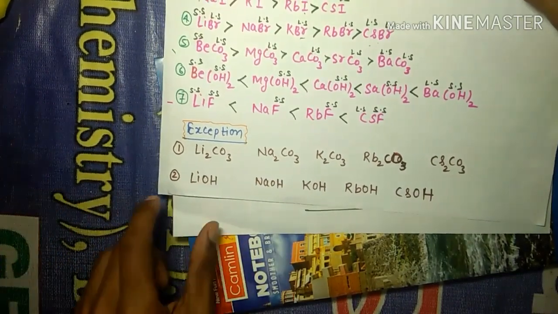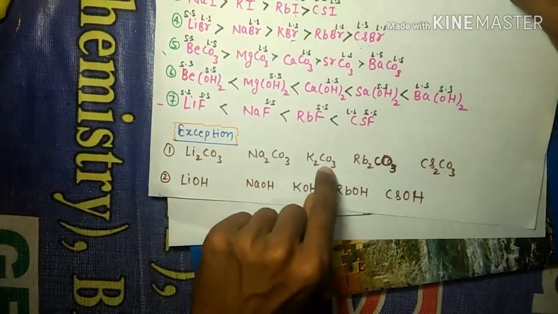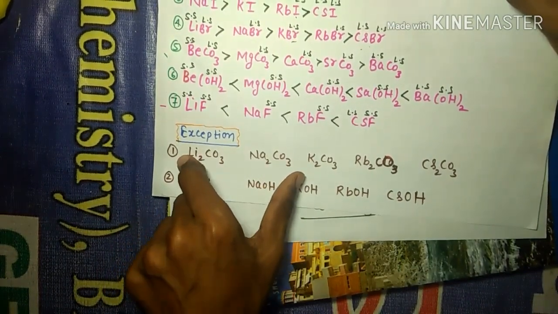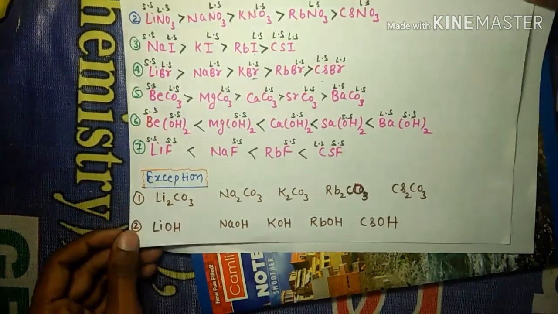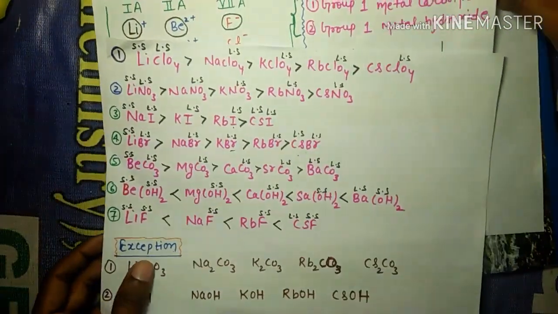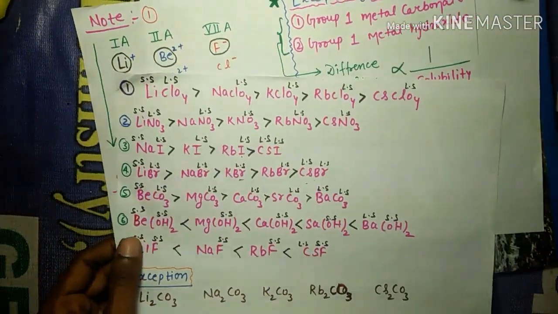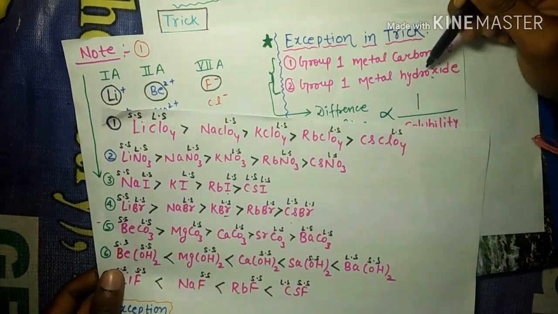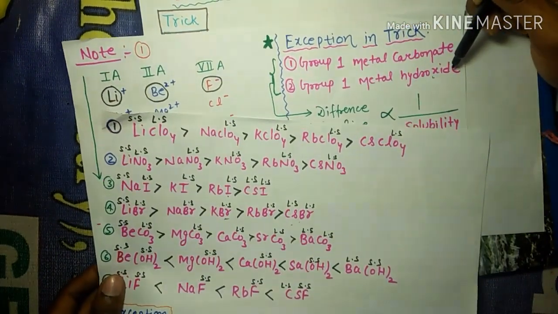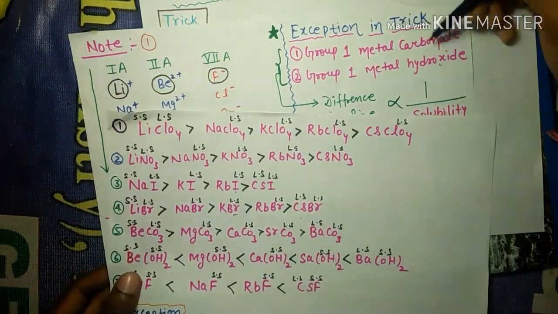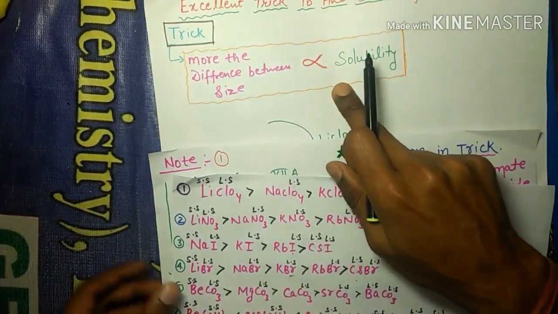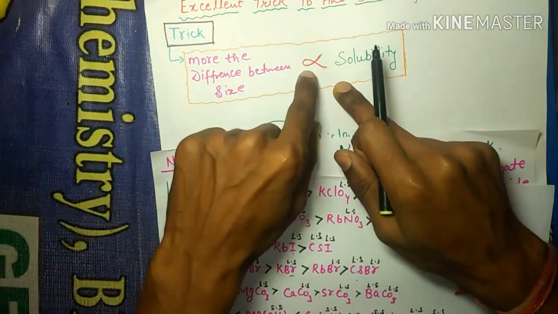So देखना क्या है कि Li, Na, K, Rb, Cs ये आपका फर्स्ट ग्रुप का है और यहाँ पे मेटल कार्बोनेट्स की स्टेबिलिटी पूछी जा रही है. तो यहाँ पे एक्सेप्शन होता है. ठीक है. ग्रुप 1 मेटल कार्बोनेट्स और ग्रुप 1 मेटल हाइड्रोक्साइड अगर दिया है और उसमें अगर सॉल्युबिलिटी पूछ रहा है तो हम इस वाले ट्रिक से नहीं बनाएंगे. ठीक है. इसका सीधे हम अपोजिट कर देंगे. मतलब कि यहाँ पे